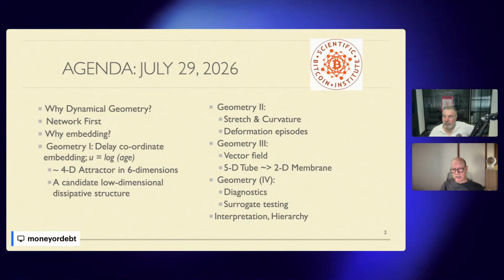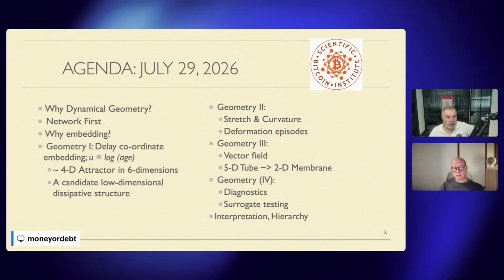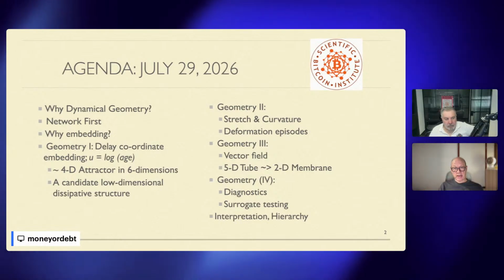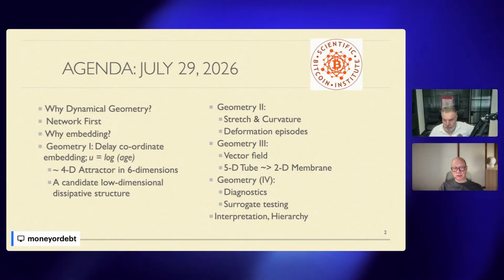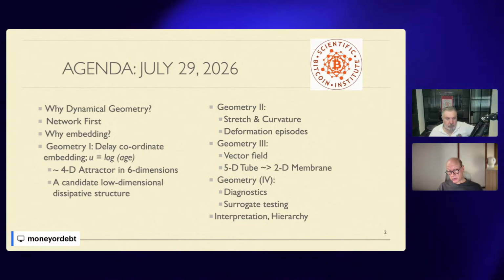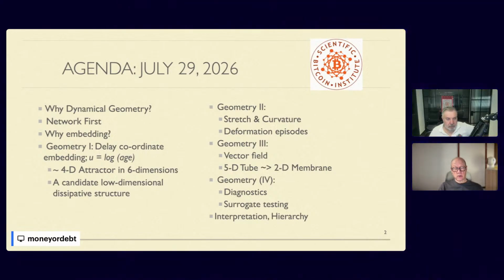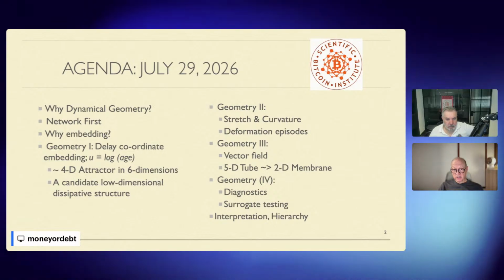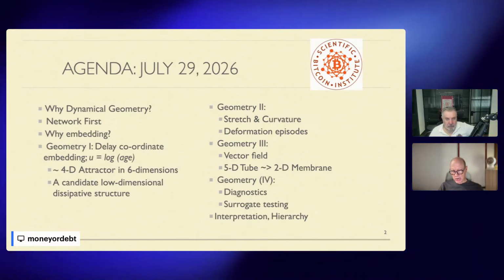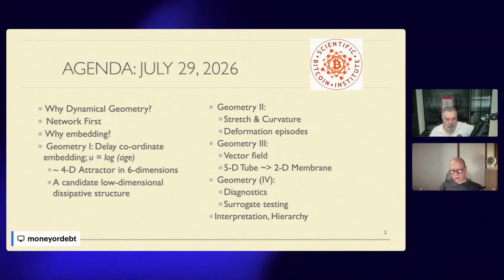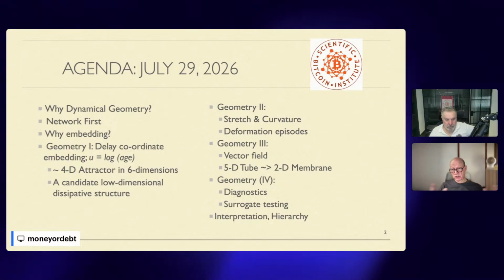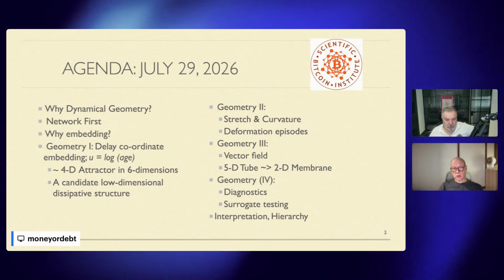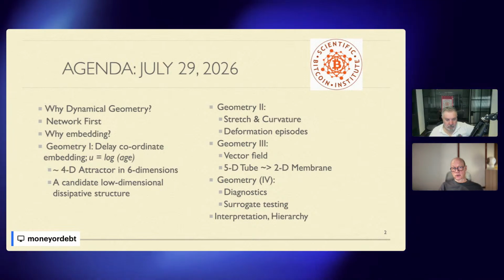That state space that you work in, you could start in 3 dimensions or you could go to 10. So you've got to figure out something that's kind of a compromise, that's going to show you some structure, but that's not going to be overly complex. And so mostly we work in 6 dimensions, but we do look at some other dimensionality in order to see how that's behaving. And the idea is that you find embedded structure, it's called an attractor, inside of that larger dimensionality state space. It turns out to be about 4 dimensions. So the idea is that you've got this low dimensional or lower dimensional structure.